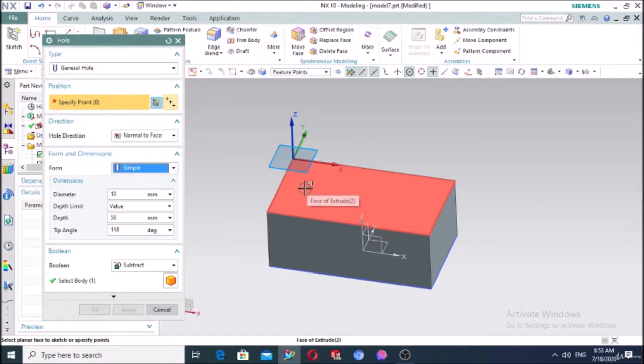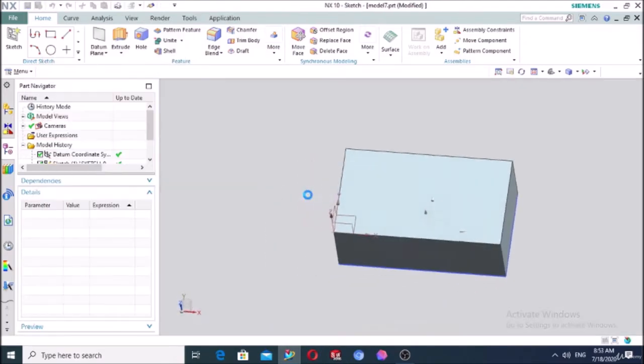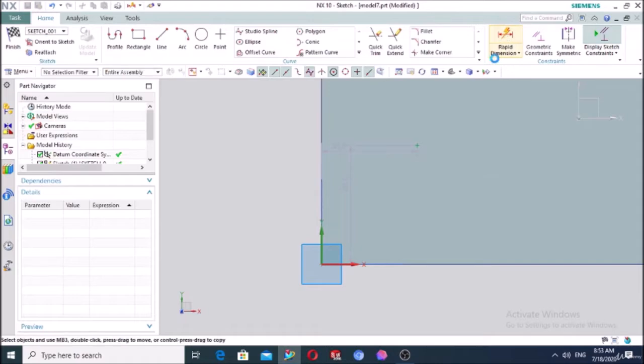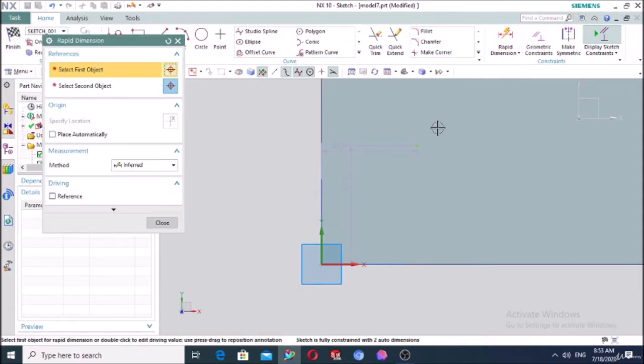For example, this face. Press this face, and you see there is a dot created, and we can specify the position of this point by the rapid dimension. For example, we can define the position of this point from this and this side. For example, 30 millimeters from this side,